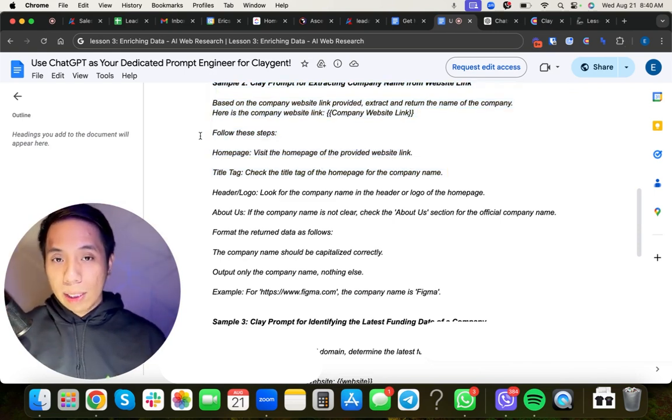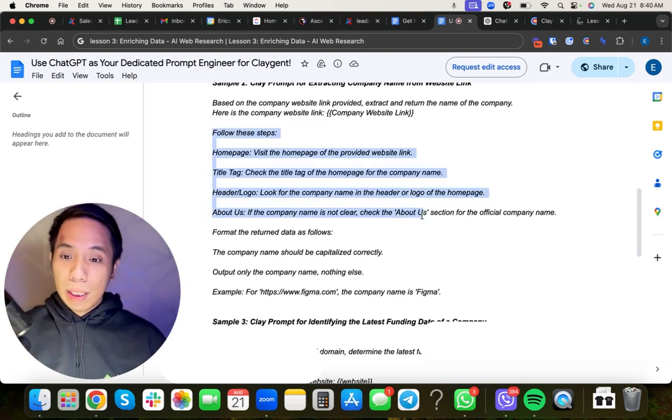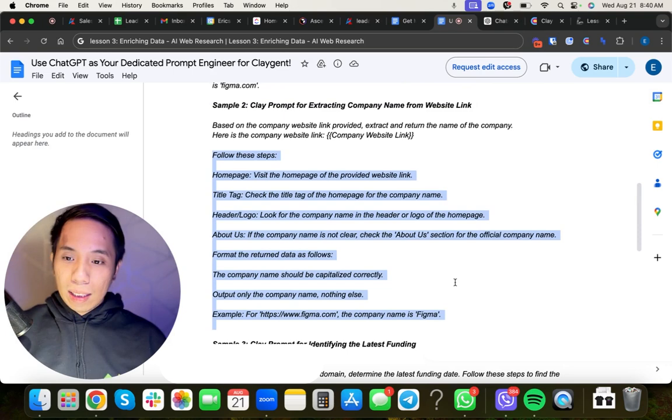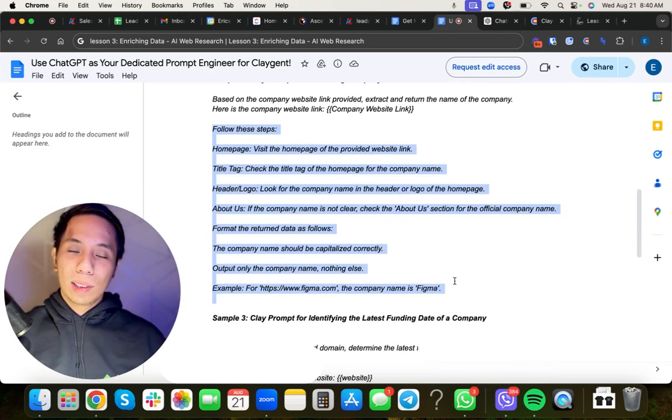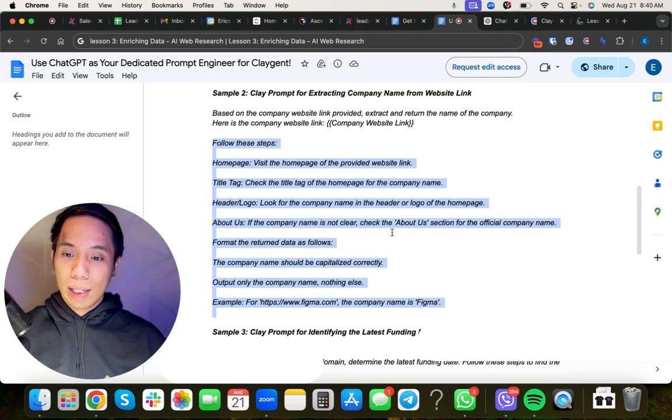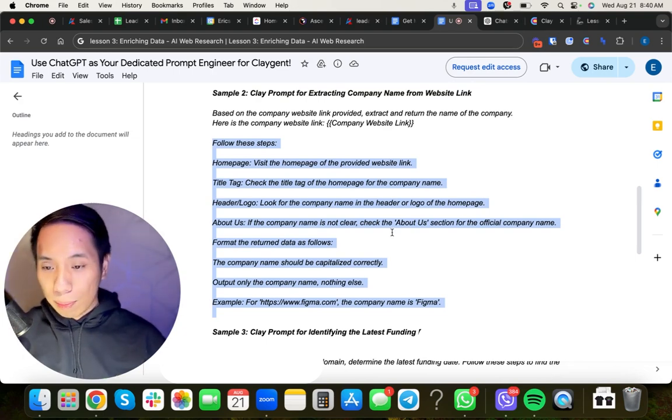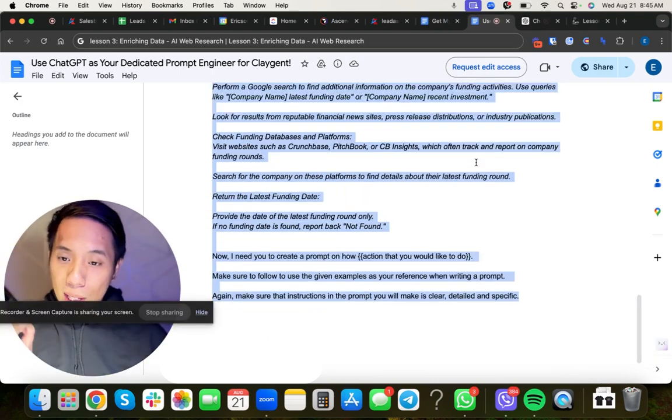This is what we call the instructional prompting technique. Basically, we're giving a step-by-step process that ChatGPT will follow, and we incorporated that in the example so that AI will learn how to write steps. So basically, this is how I structured my prompt.